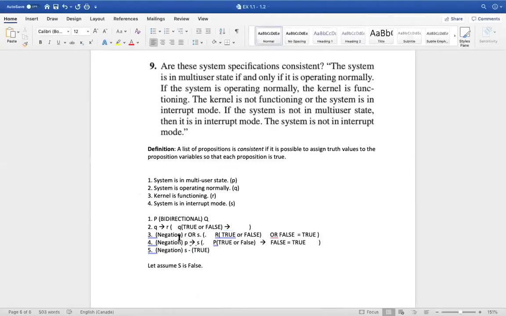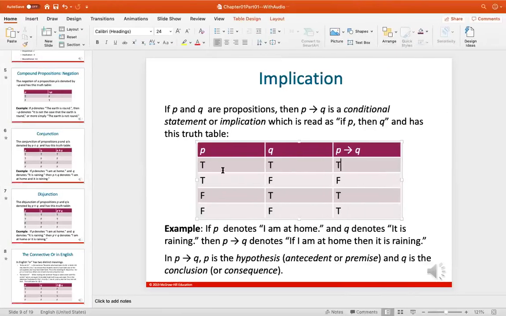Okay, so now here Q can either be true or false. R, so let me just say we have to make it equal to true. So R can either be true or false. Okay, so in order to make this true, right? So when both of them are true, then it's true. When P is false or T is